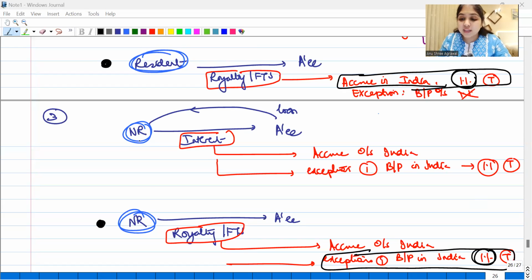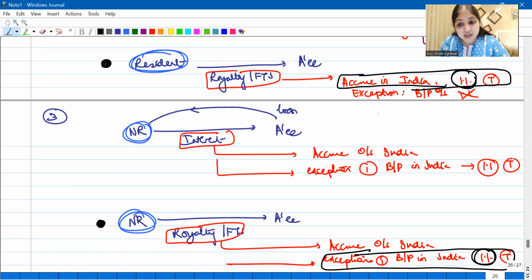You understood? So when they don't tell us who the giver is, we have to think from both the points of view. And I'll tell you something, when you think from both the points of view, in each and every case, your answer will be the same. Like here, even over here Indian income, even over here Indian income, that's how it will always be. If they don't tell you who the giver of the income is, think from both the points of view, and both will give you the same answer.